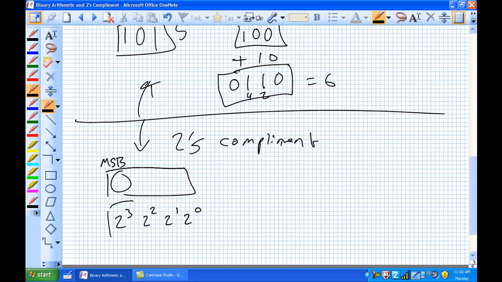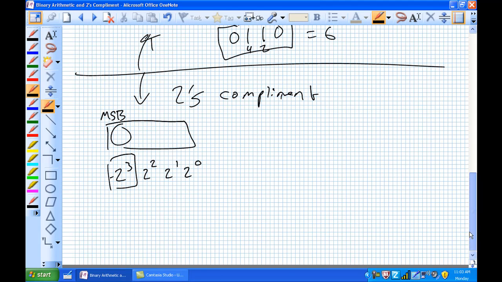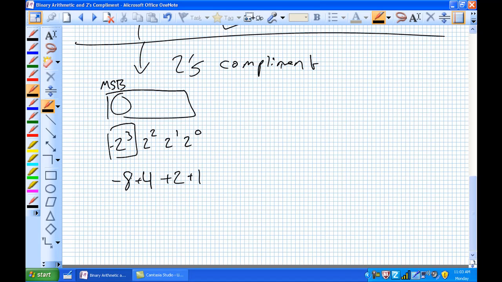The leftmost bit, this guy, is a negative number. So, -8 plus 4 plus 2 plus 1. Okay, so anything in this spot right here, if there's a 1 in that spot, it means you add -8